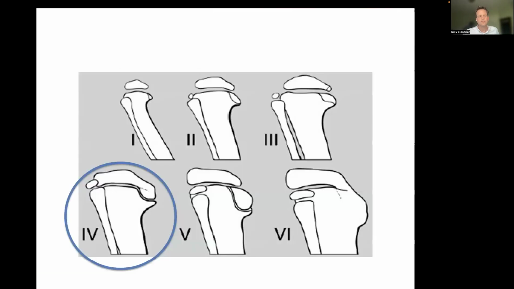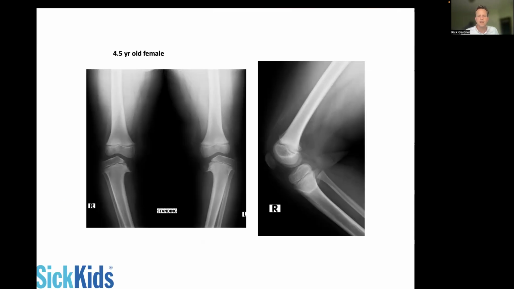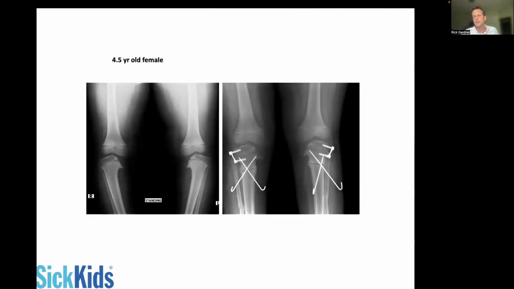Now, this is more of a Langenskiold stage 4. Now, if we were to leave this be with just a tibial osteotomy, the chance of recurrence is very, very high. So in these cases, I would recommend we proceed with both an osteotomy and add in guided growth. So osteotomy to correct, with slight overcorrection of the tibiofemoral axis, secure with cross pins, or if you wish, a plate, and then put a proximal lateral tibial 8 plate, or you can use a 2-hole tubular plate, or you can use a staple, just to tether growth